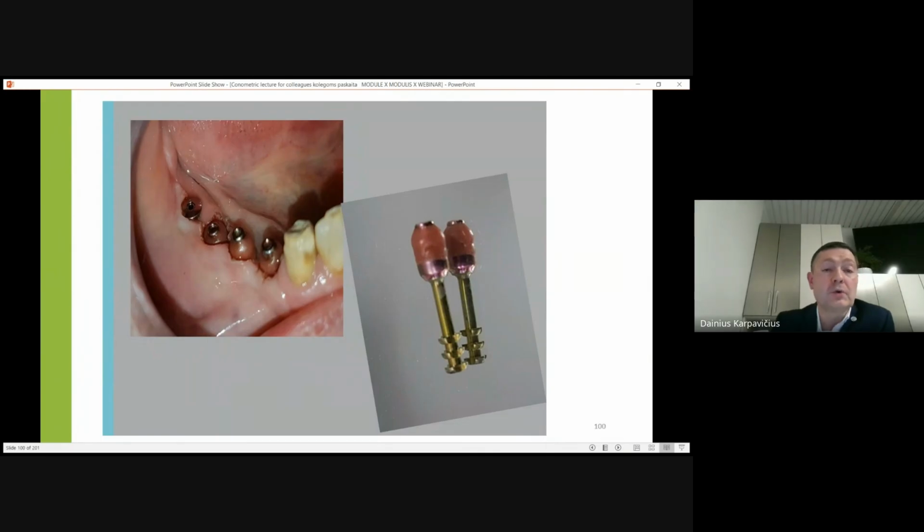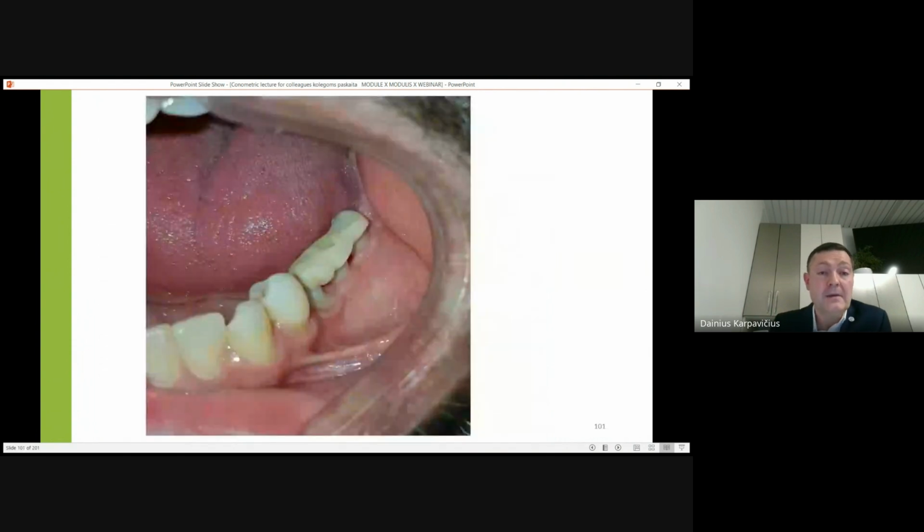This is our old solution previously, when we didn't have individualized zirconia abutments. We made something from composite. We put composite on the Conometric cap. We put on top of the abutment the Conometric cap with composite, to prepare our soft tissue bed. This has to be done in time of surgery, not after a couple months, but in time of surgery, everything has to be prepared. Here, for example, a zirconia